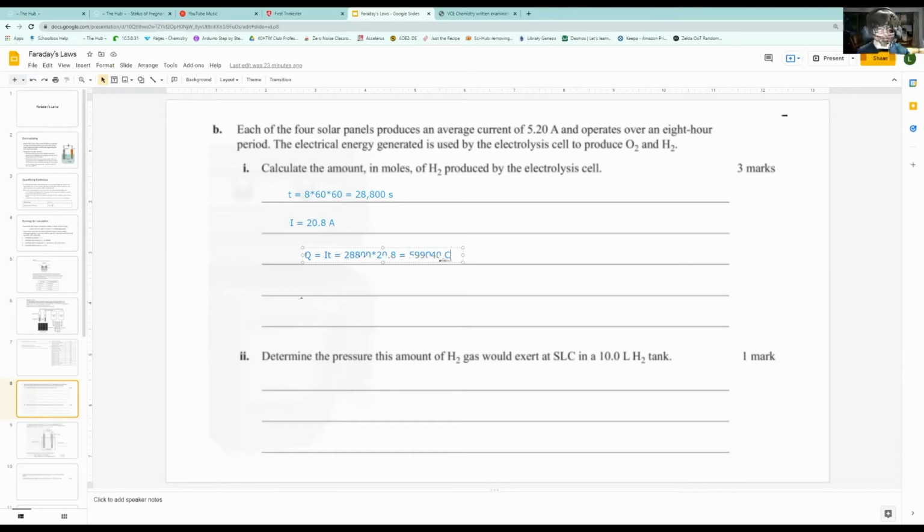And then we can say number of electrons is going to be equal to Q divided by F, which is 599,040 divided by 96,500, which is equal to 6.208 mole. Okay. So now we just need to convert our number of electrons to our amount of